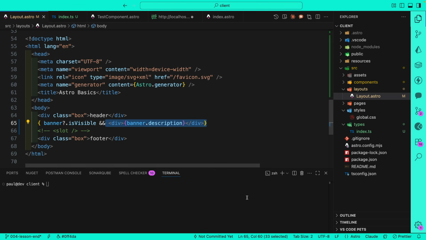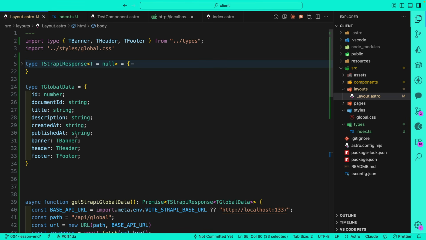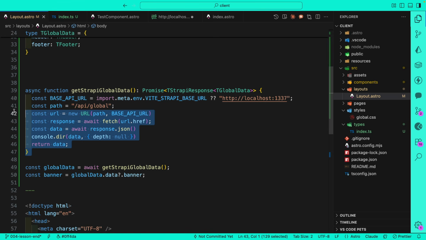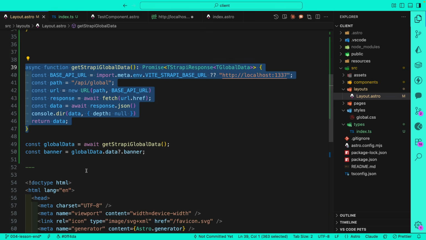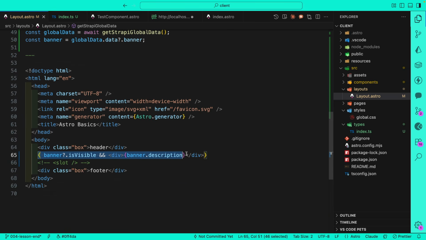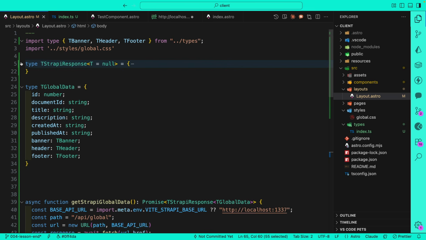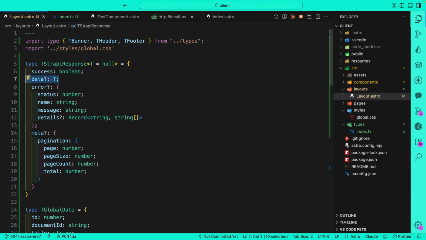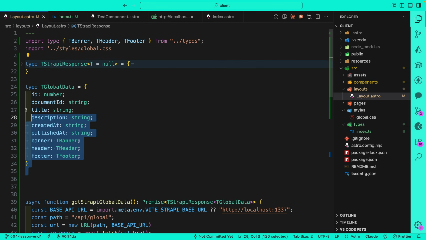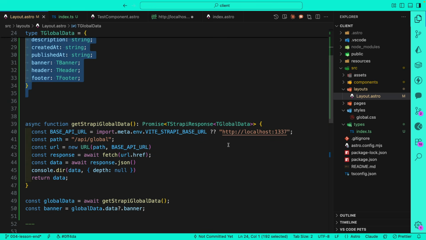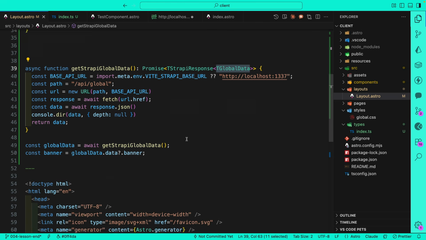So I know this video was a little bit on the longer side, but what we did is we took a look at how to fetch data in Strapi. We did it the most basic way, which is literally in the front matter, calling fetch and getting our data. And once we have our data, we're able to display it inside our code. And to give it typing, we went ahead and typed our response, then we made a placeholder for data. So that way, based on the type of data we get, which in our case was global data, we're able to pass the types to our Strapi response, to the placeholder, and get the appropriate IntelliSense based on the